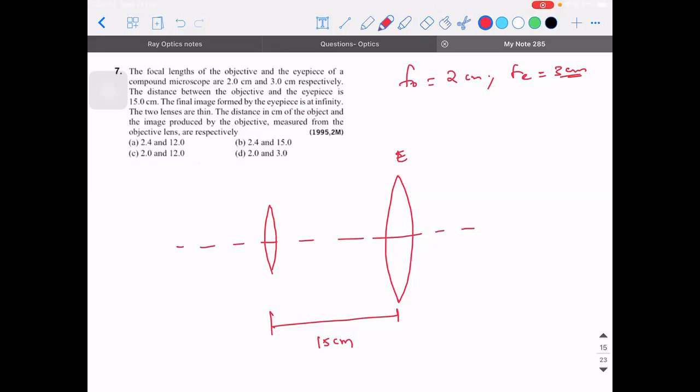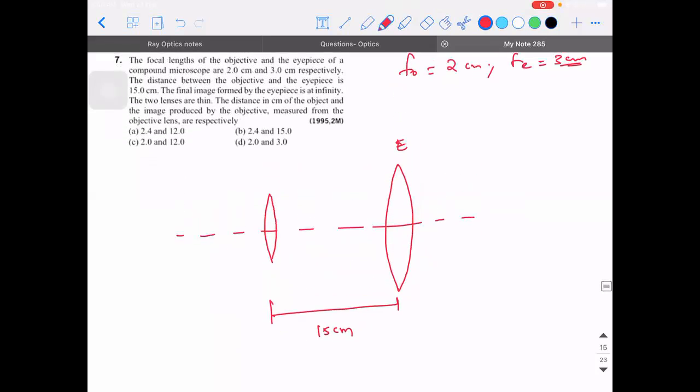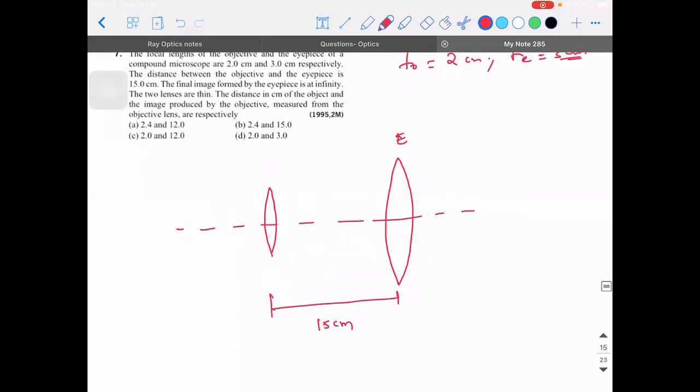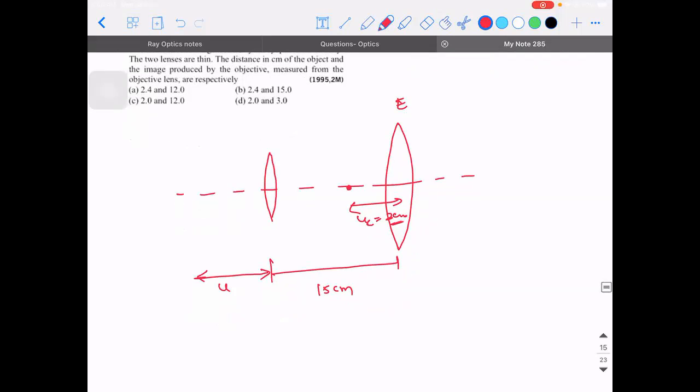Varun, you get a question. I should have taken it as an extended object, but in extended the size of the object point size. No sir. Okay. Sir, but can't we consider u_e as 3? u_e, sir. u_e should be 3. That's correct. So then v_o will be 12. Then we just do the reverse calculation.